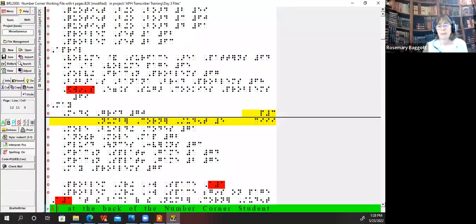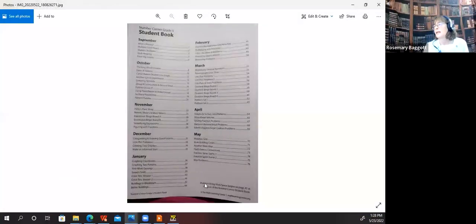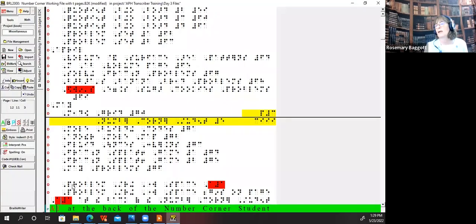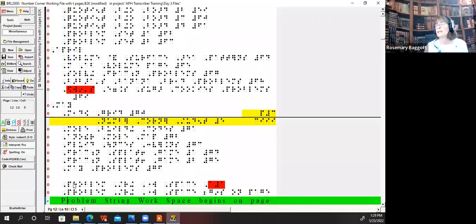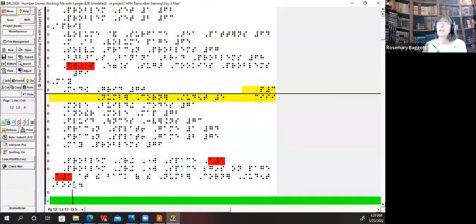Back to this. This section down here, I think I showed this slide already. Extra material in the table of contents that's not showing page numbers needs to retain that 6-cell margin at the right of the page, so we know it's in the table of contents. So this I do manually, and that's the material that's showing up right here. This problem string workspace, so on. So that's still part of the TOC, I'll call it.